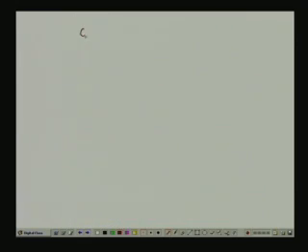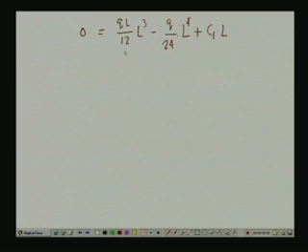We get 0 equals q L by 12 times L cube, minus q by 24 times L to the power 4, plus C 1 times L. So, this gives us a value of C 1. Now, if we compute this, we get C 1 equals minus q L cube by 24. So, the equation of the deflection curve, E I y, equals